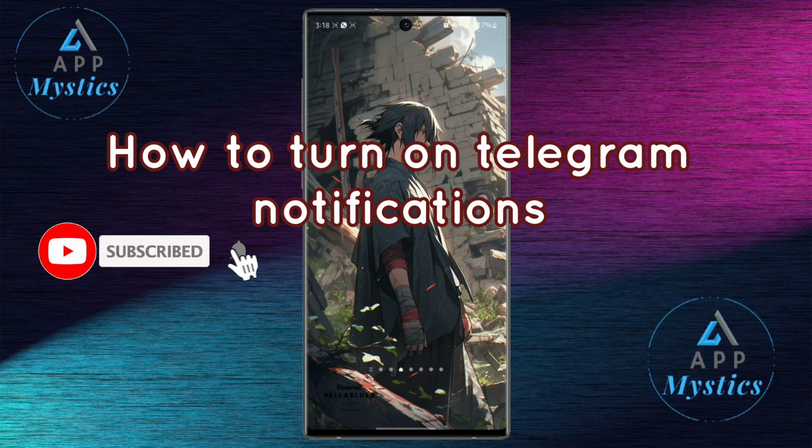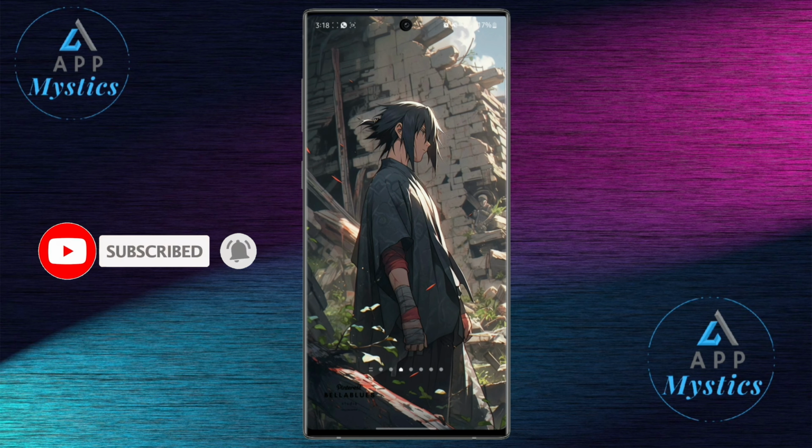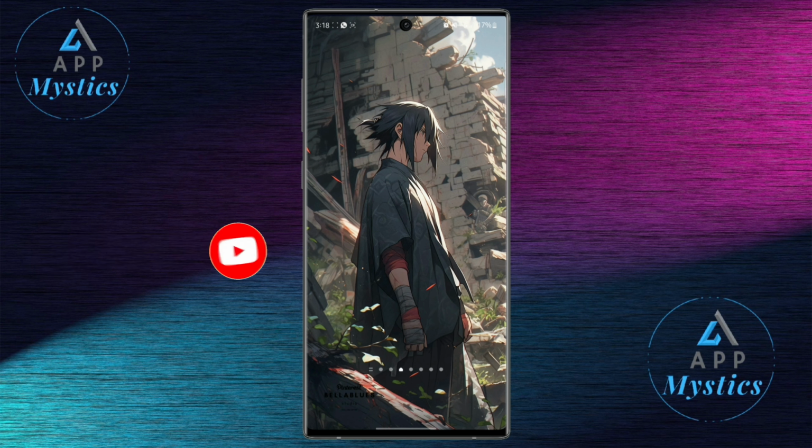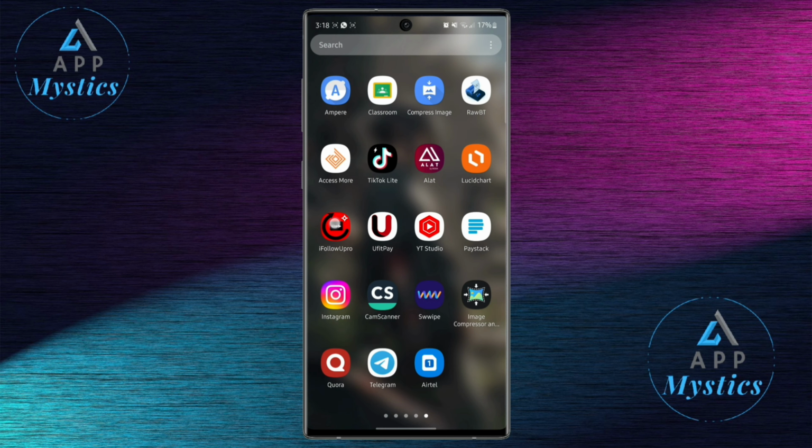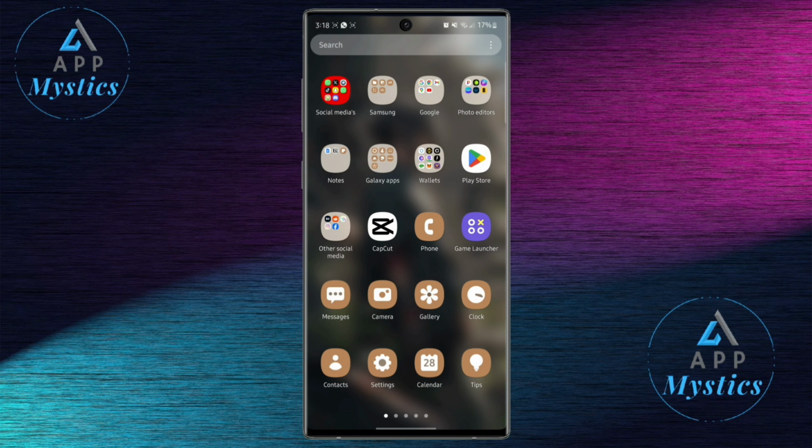How to on Telegram notifications. So this video is for people who have not been receiving notifications from their Telegram app. So what we'll do is you have to go to your settings, go to apps,